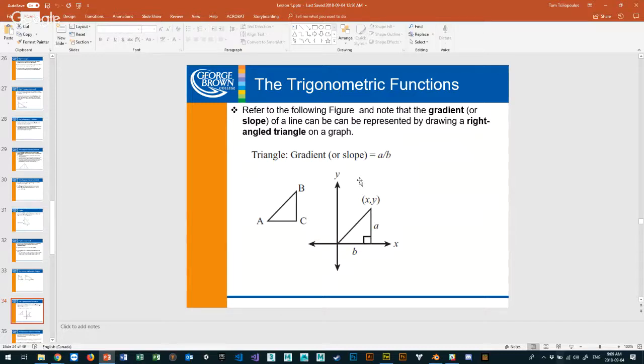All right, so here's a triangle. We've got an ABC triangle, and it's sitting on the X and Y axes. This is a very common scenario. Notice the X goes to the right, Y up. Again, please forgive me, you should know all this. And you have a coordinate, a point X, Y, or a vector X, Y, and a vector has both direction and magnitude, right?